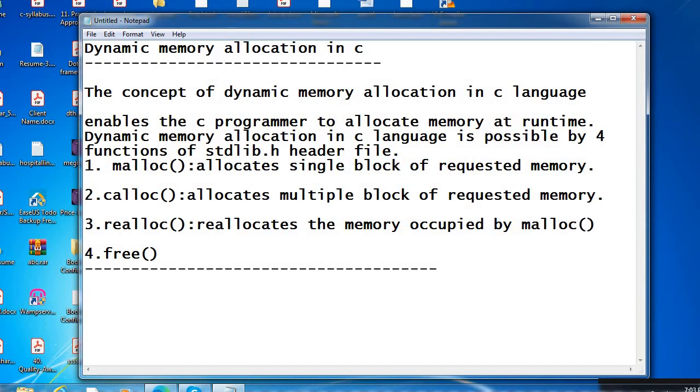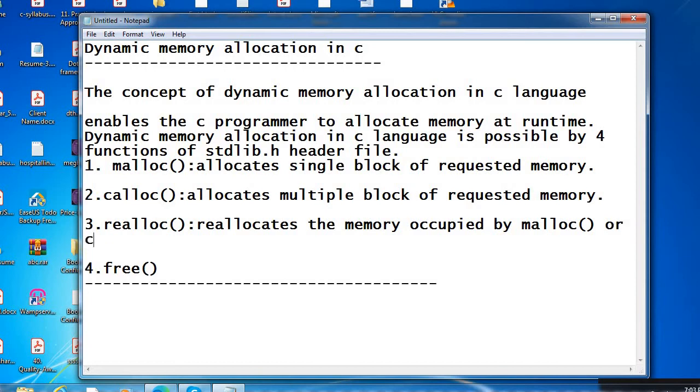These are all inbuilt functions already defined by C language, which come from the stdlib.h header file. We should include it on the top of the program. Malloc, calloc functions.